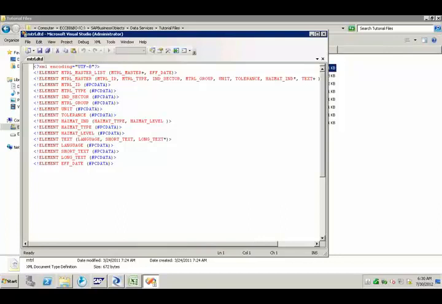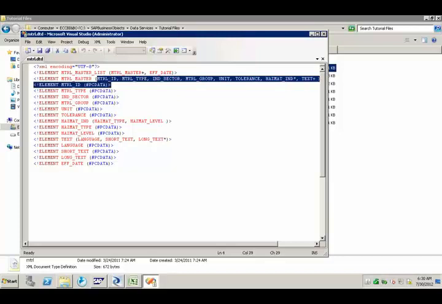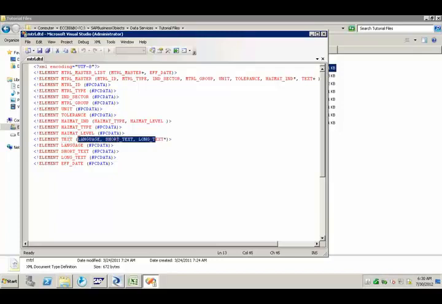Sorry, this is the file format. If you see here, mtrl_master plus EFF_date. So mtrl_master is going to have all these columns, and text plus means it is going to have all these columns.